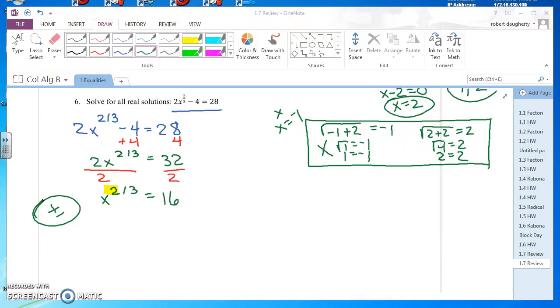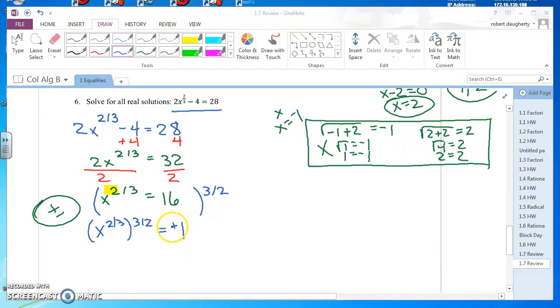So the way to solve this is I've got to raise everything to, what is the reciprocal of 2/3? Everything has to be raised to the 3/2 power. So if you've got x to the 2/3 raised to the 3/2 power equal plus or minus 16 to the 3/2 power. And the plus or minus comes in there because I've got an even number in the numerator of the exponent. So on the left side, this is just x. So x equals plus or minus